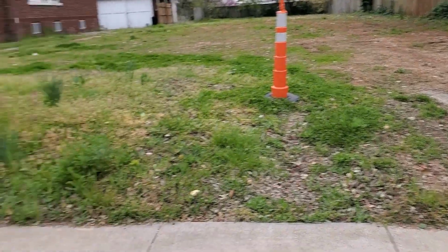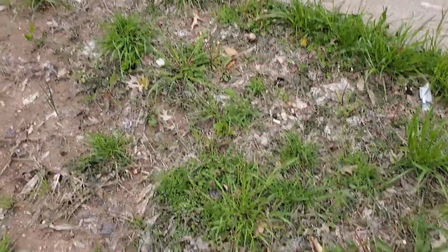Hey everyone, coming to you now from my side porch, where I wanted to look again and see if I could find some areas in sort of an unkept area, a place that hasn't been mowed, right next door to my house. Let me flip the camera around here so you can have a look and see what I'm seeing. So we've got this area that's unkept next to the sidewalk, and there are actually a good number of species